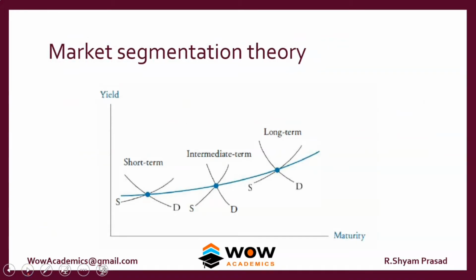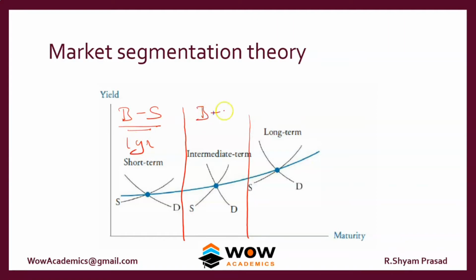So this theory says that every duration of loan is a different kind of segment or market. There are buyers and sellers in each small segment. For example, a 1 year loan segment. And there are also buyers and sellers in the 5 year segment, and buyers and sellers in a 10-year loan segment. So there are different types of buyers in each segment, and each of them determines the supply and demand and they form a point.